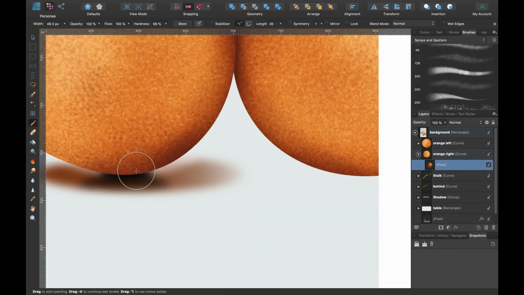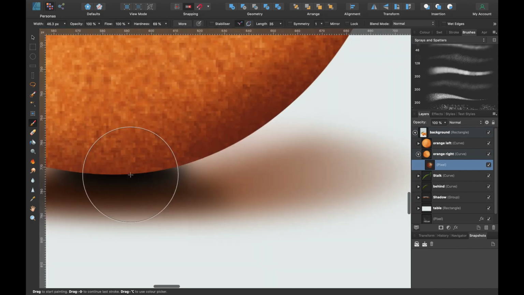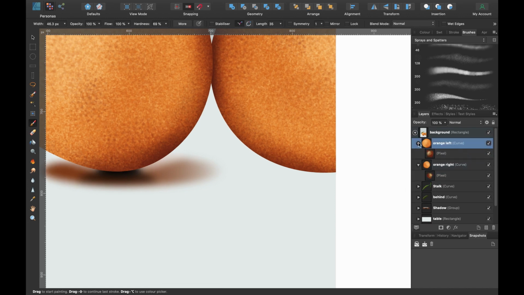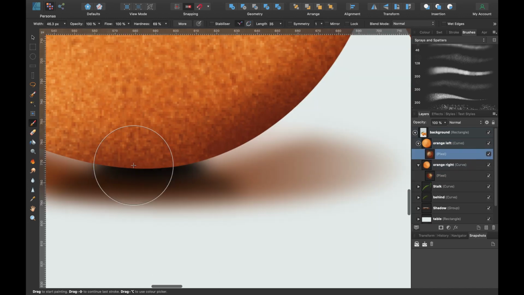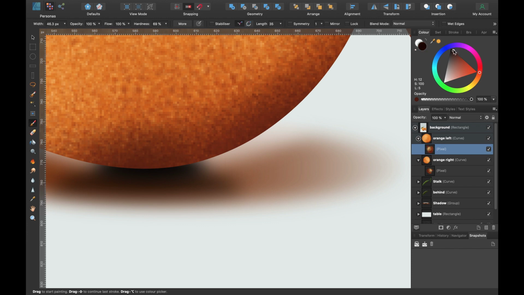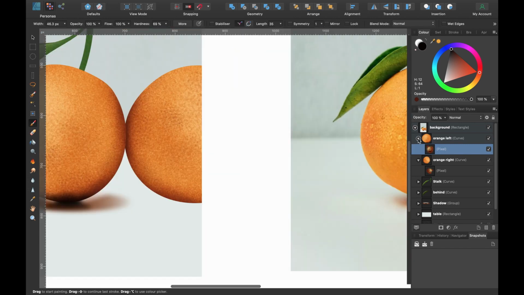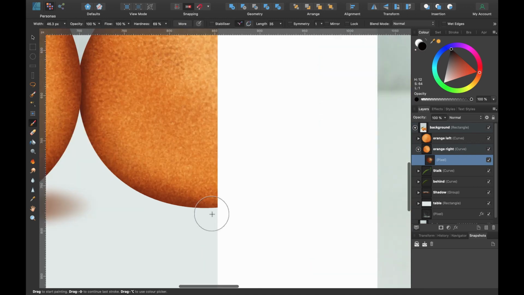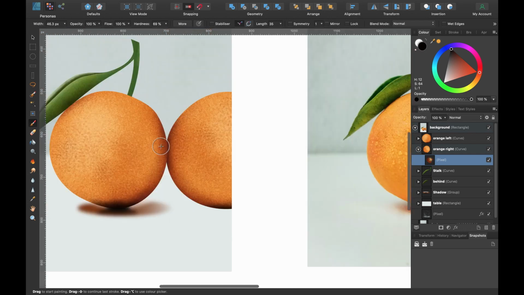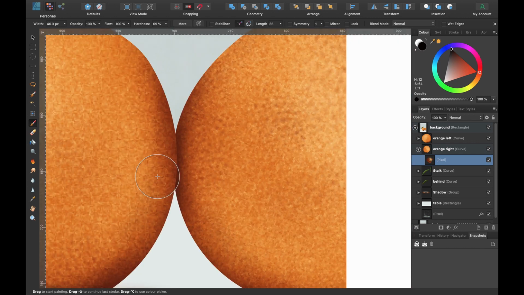We can go back to the orange left and add a bit more of a dark shadow at the bottom of this orange. So I'll just click on orange left, click on the pixel layer, and I'll just start painting in here. I think we could go even darker here. So I'm just going to change the color again. Maybe I'll just bring it right down there. Okay, that's done, and we'll go to orange right, and we'll do the same thing over here because we're going to have a shadow under here afterwards as well. So I'll just make that much darker here, and I'll leave it kind of at that. Maybe add a little bit more darkness right here.